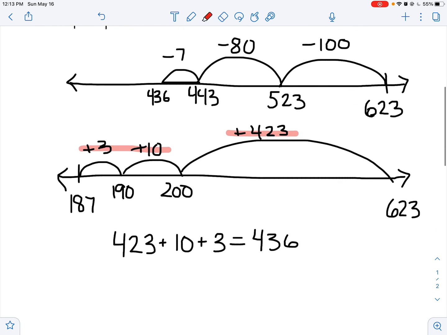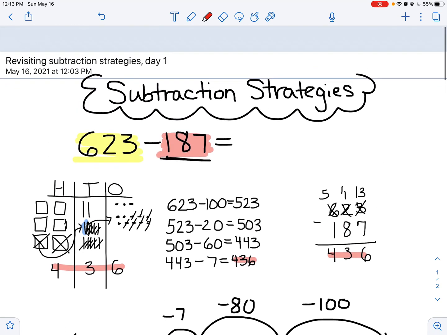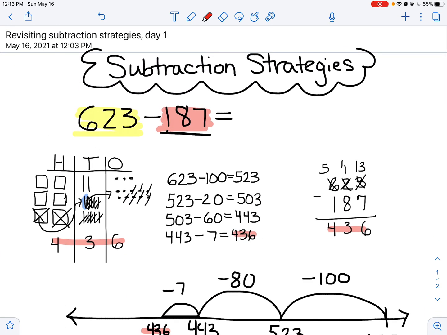Okay? Lots and lots of different strategies for solving a subtraction problem. So you're going to go ahead and practice some of those strategies. You can mix it up. You can do one strategy for one and a different strategy for another. It's totally up to you. Okay? Then you're going to create 2 of your own problems. Remember, make them challenging. And then you will solve one word problem where you get to complete, fill in the blanks and then solve. So good luck. Have fun. Let me know if you need any